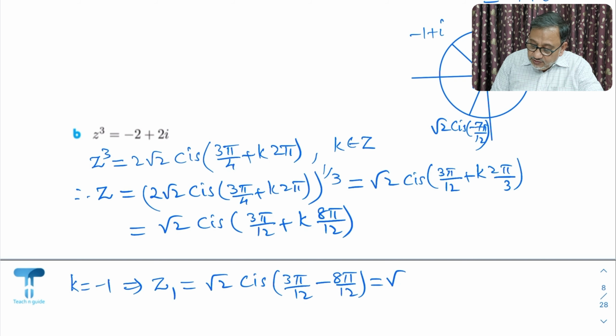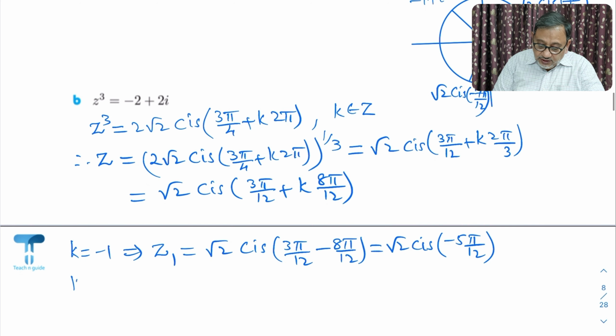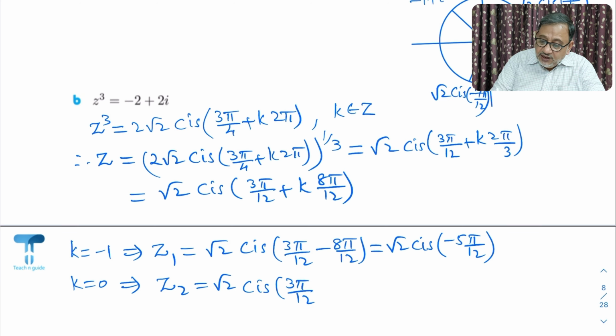So this will be root 2 cis 3 minus 8 minus 5 pi by 12, okay. Minus 5 pi by 12 is in the fourth quadrant, so we will keep it like that. Then k is equal to 0 will give me z2 is equal to root 2 again, cis 3 pi by 12, and k will be replaced by 0, so nothing will come here. 3 pi by 12 will remain as it is, but this 3 pi by 12